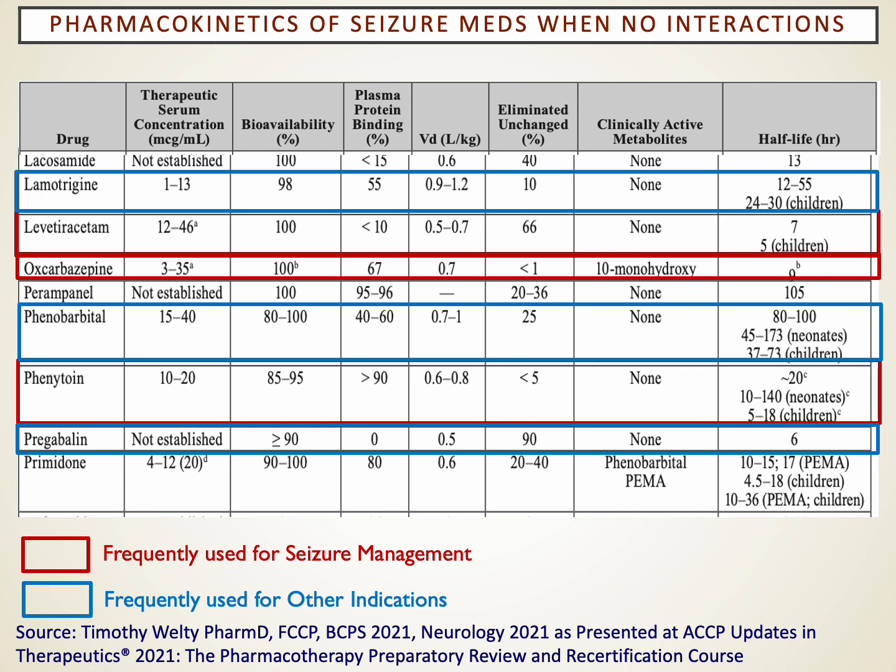Phenytoin, we talked about a lot of complicated issues with phenytoin, and so I encourage you to go back and look at what we talked about in those slides. But we do have standard levels we'll get for phenytoin, 10 to 20, or if we get a free phenytoin level that's not bound to albumin, our goal level there is 1 to 2, excuse me. Pregabalin or Lyrica for neuropathic pain, typically we don't get levels in that case. It's a controlled drug as well.